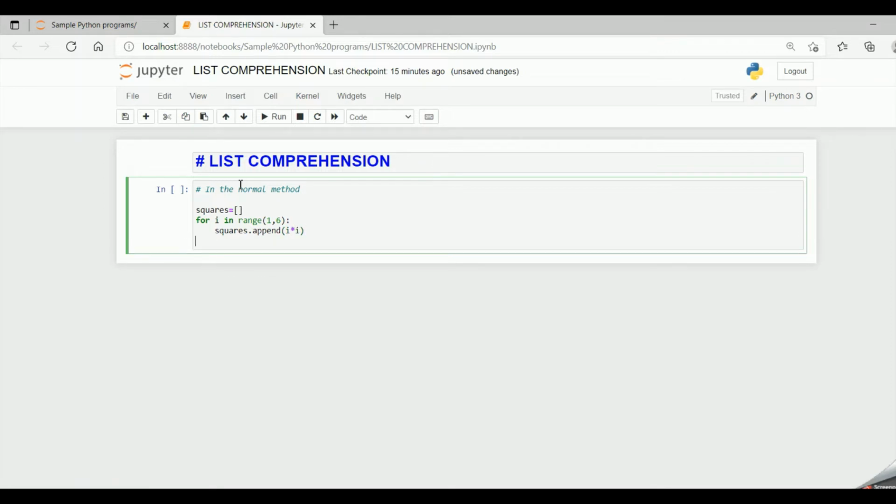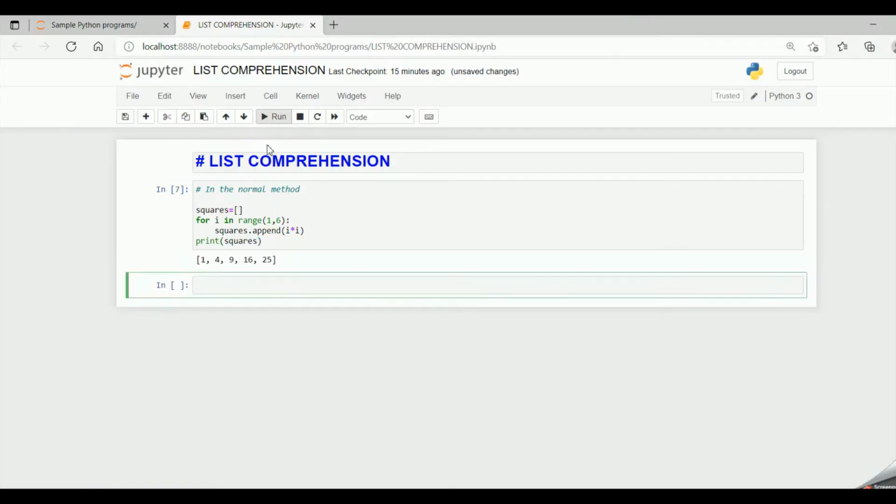Now without indentation after the for loop, I'll say print squares, which is a sequential statement. Now when I run the code, I get my output 1, 4, 9, 16 and 25.